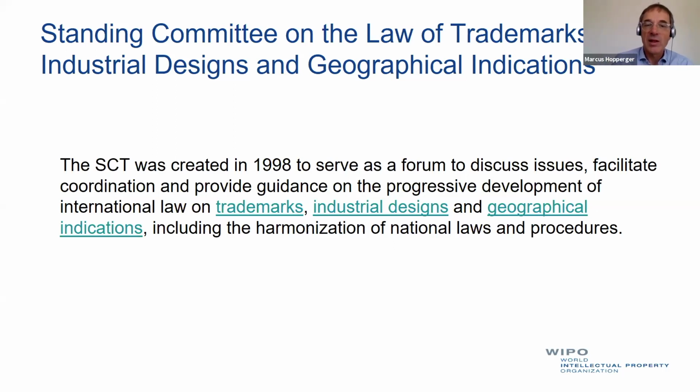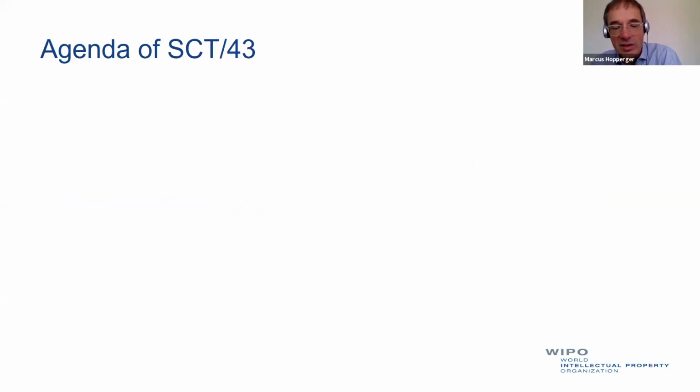And as far as the SCT is concerned, it's about trademarks, industrial designs, and geographical indications. To give you a better idea of what's currently going on, I thought I'd just run you briefly through the agenda of SCT 43, which, as I said, unfortunately couldn't take place. I will break down that presentation into the various subject matters, namely trademarks, industrial designs, and geographical indications. So I'm going to do it over 15 minutes, and then my colleagues, Grégoire and Debbie, will follow up with more specific information concerning the various registration systems that correspond to designs, namely the Hague System, and to trademarks, the Madrid system. And I myself will say a couple of words on the Lisbon system,